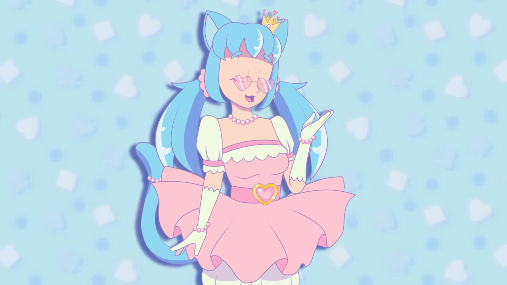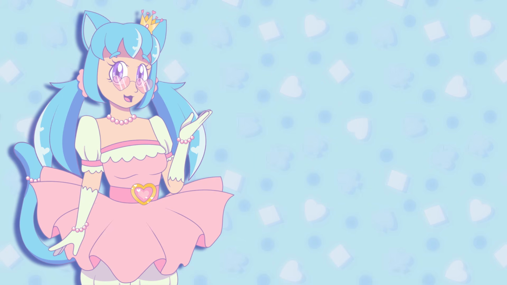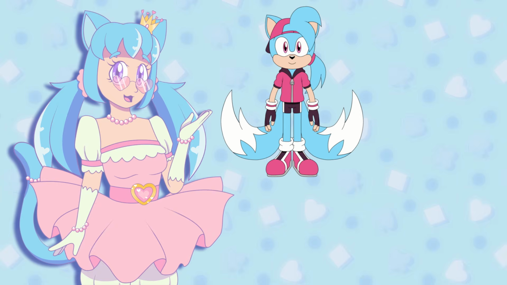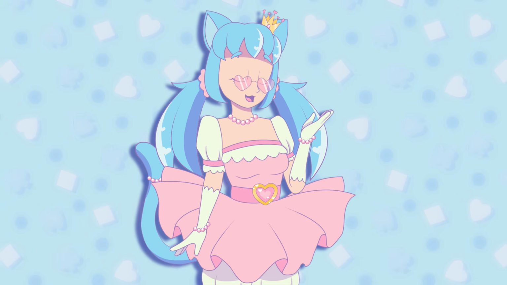If you want to draw your OC but you want to mix it up a bit, try this. Draw an alternate universe version of them. You can do the trend where you draw them without their trauma, that's a fun one to do. Or how about drawing them as a different gender, or species? All of these suggestions are a fun way to play with design choices, and it can also make you think about your character differently. How would they act in an alternate universe? How are they the same or different from the original?